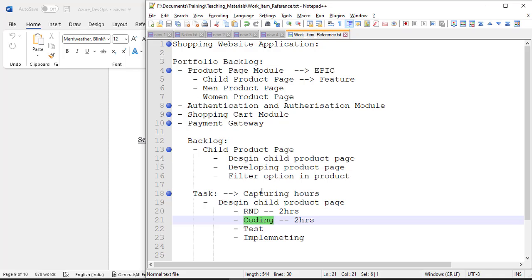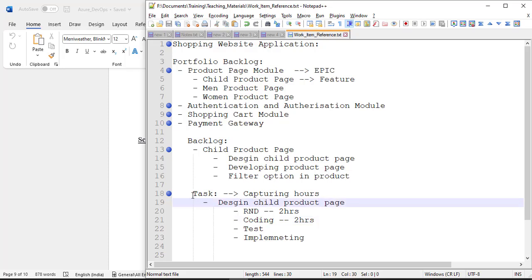Now this 3 days is nothing but 3 story points which you are asking for. One story point equals 1 day. Just keep that in mind. So you'll say that I need 3 story points. These are the jargons which you will come across when you start working in such a process: PBI, story points, and all this.